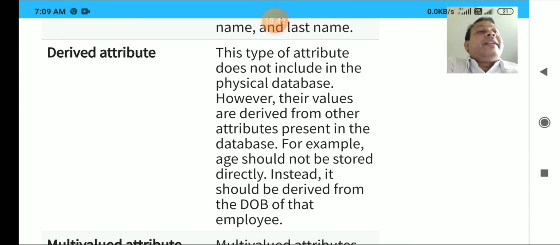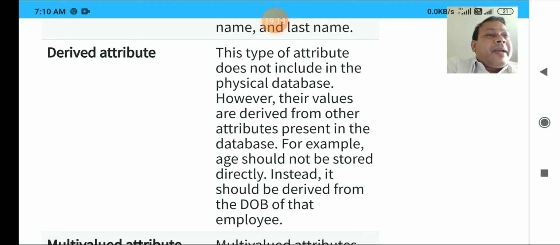So that is what is called a derived attribute, clear? We are not going to write experience as one of the attributes. Why? Because experience can be derived from date of joining, which is already part of that particular entity. By using date of joining, we can find the experience of that particular employee, clear? Or say, for example, you have an attribute by the name date of birth. By using date of birth, we can find the age of that particular employee, isn't it?